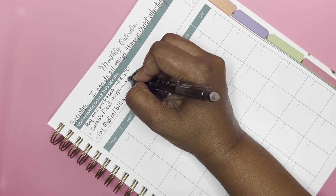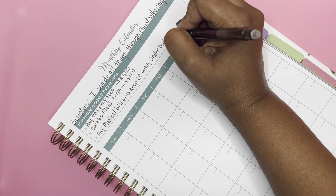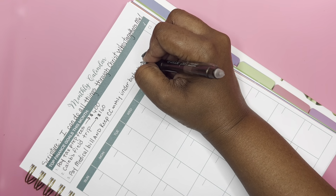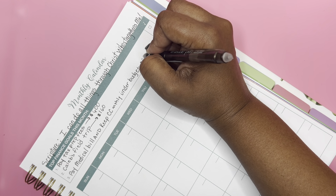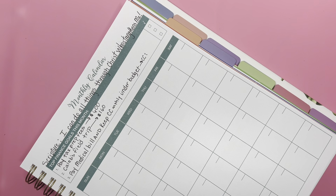So you can make it work for you. So that's what I'm doing. I'm putting the amounts in so I can make sure that I remember the goals. The third thing that I need to make sure I take care of as a goal is I would like to pay on some medical bills that I have, and also to keep my Capital One credit card monthly spending